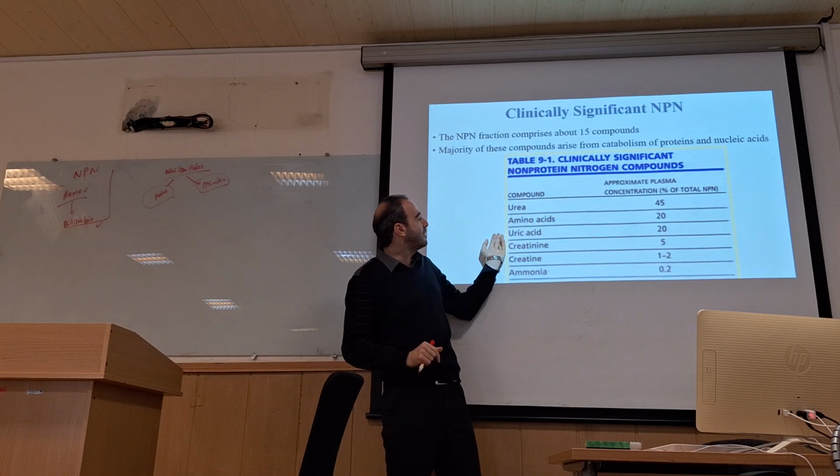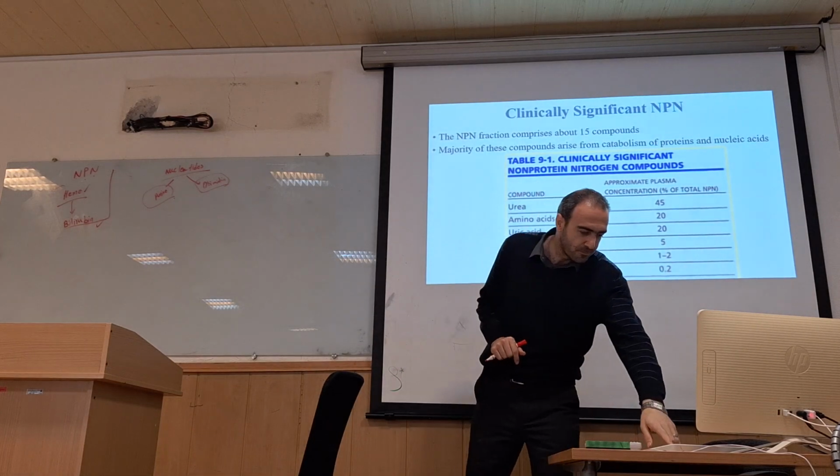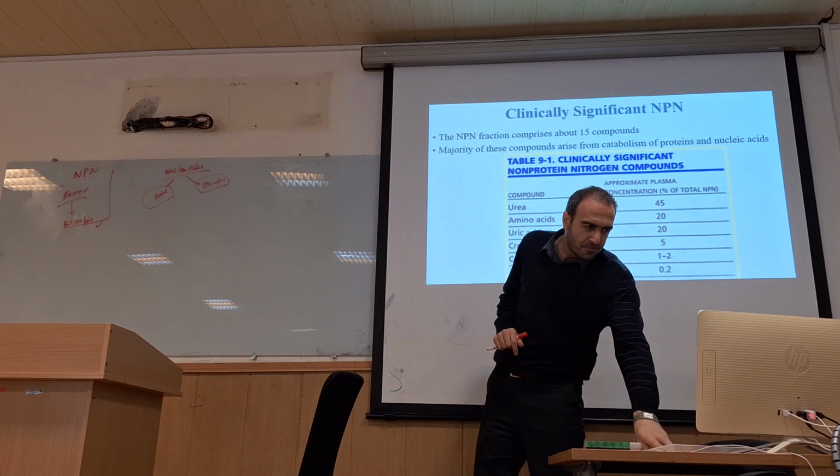Urea 45% and ammonia 0.2%. They are different components. So first of all,